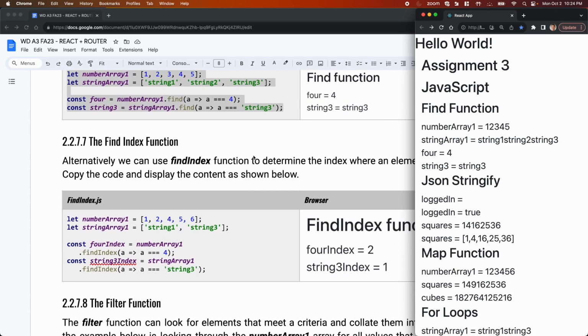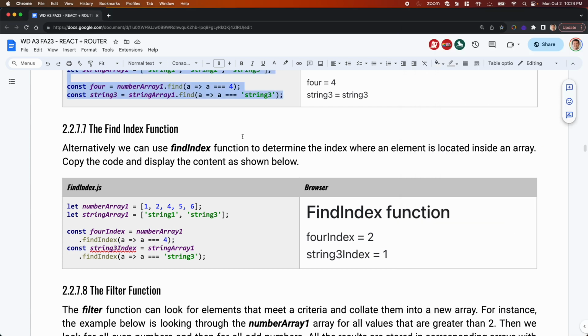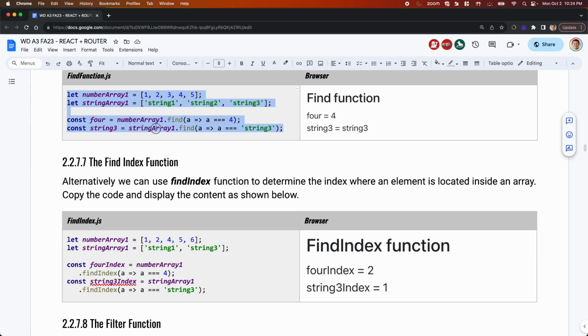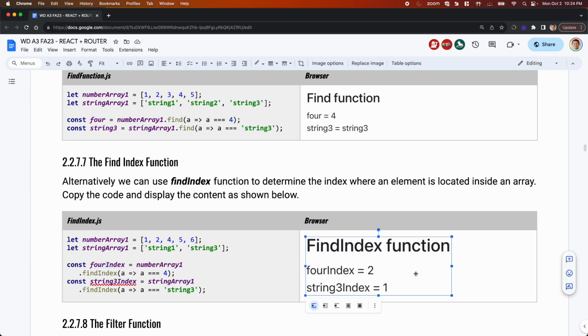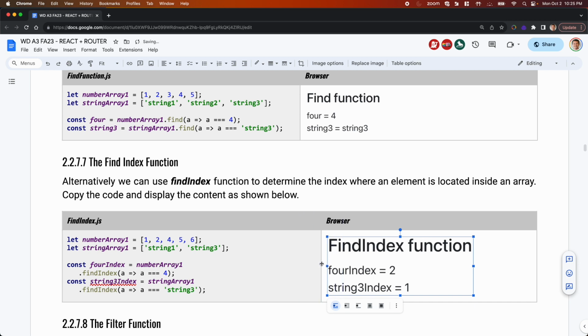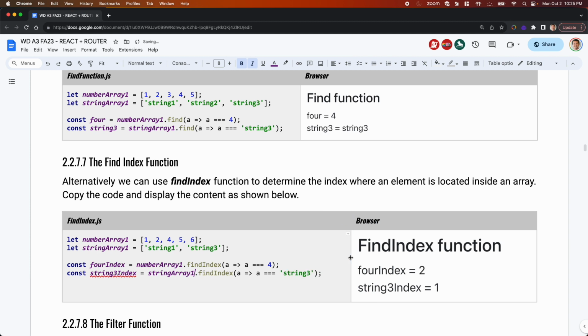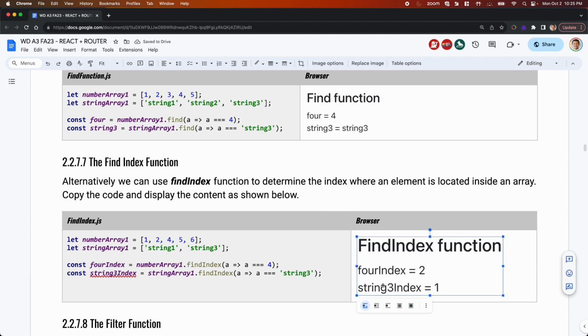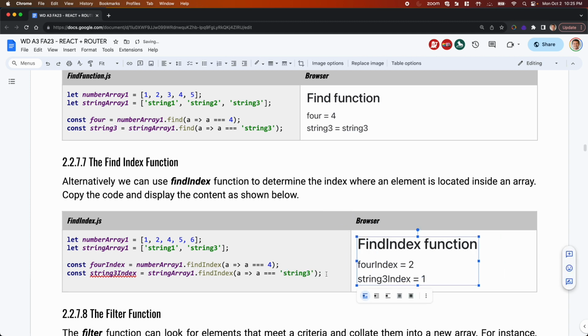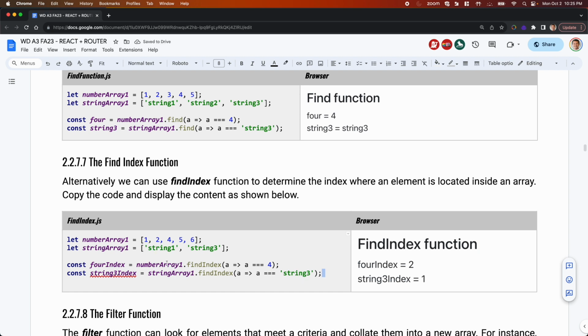Now, similarly, you have the findIndex function that, instead of returning the actual value, the 4 and the 3, tells you where it is. What is the index where that can be found? And let's make this a little more compact. Oh, this is a little bit too long. This doesn't fit. There we go. Make this a little smaller, maybe. There we go. So what this does is that it's iterating over that, and when it finds it,